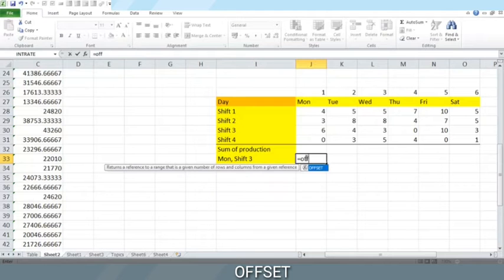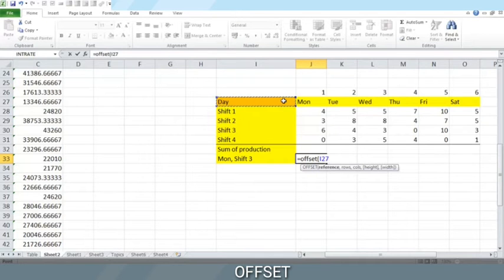Let us see here. For an offset, we first need a reference, the starting point. Let it be this cell. Now from this reference cell, whatever we have defined, we need to give the position where we are going. In this case, we want to find this cell on Monday and in this row for shift 3.